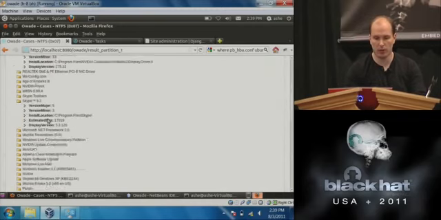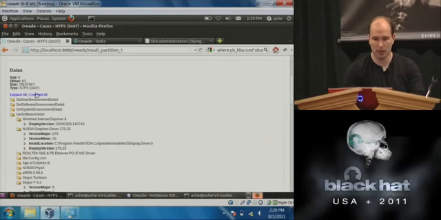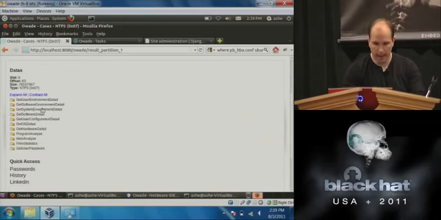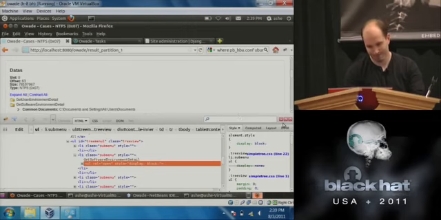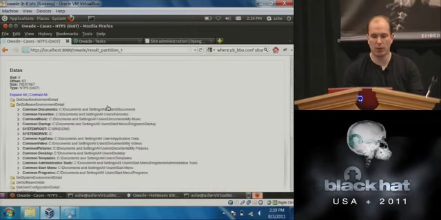Of course, I'm going to contract everything, and we also have all the environment for each user. Where are all the documents for each user? Where are the favorites and so forth? So we get a lot of information that we use after that to know where to extract the Skype data, or where is the Firefox profile, or where is the IE profile.